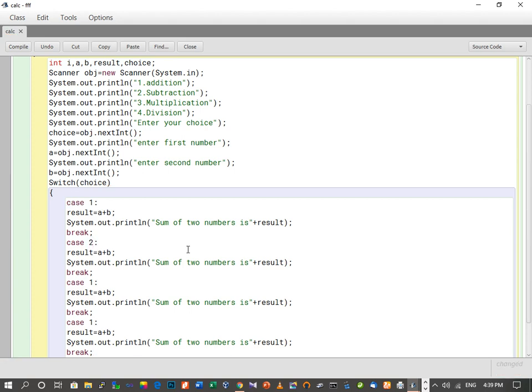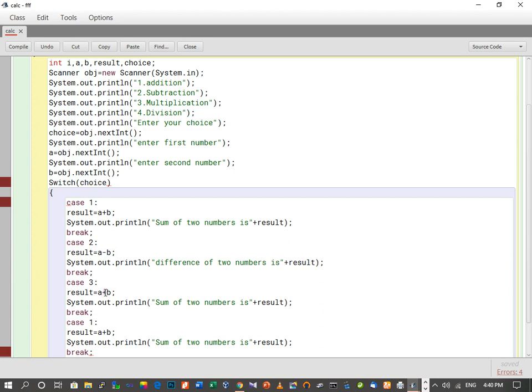So we write down case 2. Case 2 is for subtraction, so here we write minus, and here we can write "Difference of two numbers is" plus result. So this is done. Now case 3, that is multiplication.